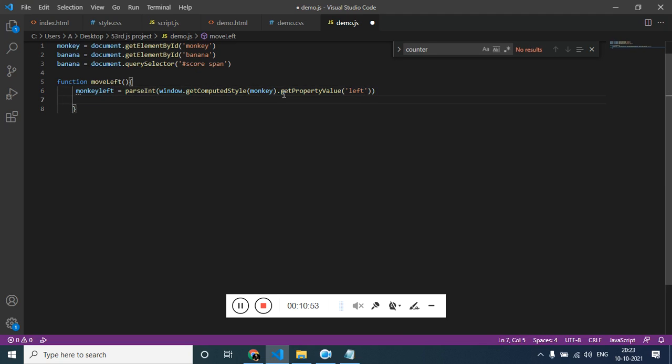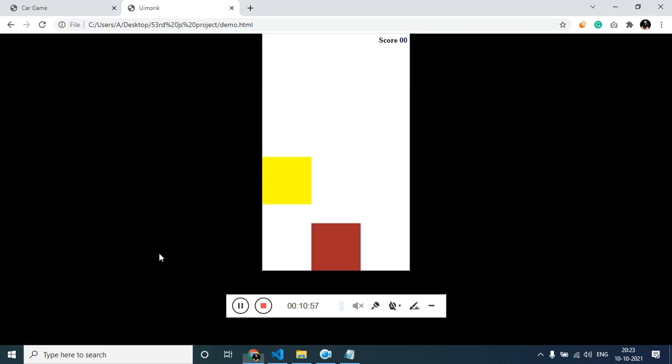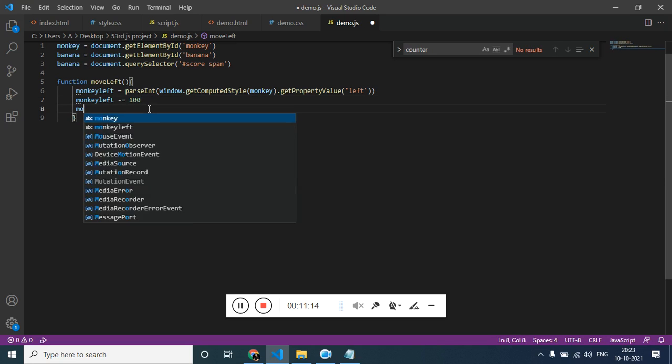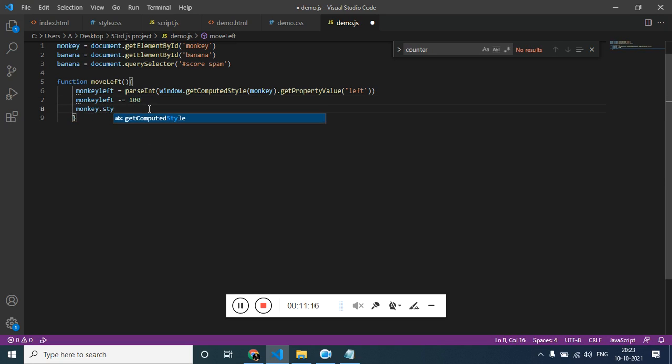Now what we would be getting is the value of 100. If you remember, we have given left of 100, so we will be getting 100. So now what I need is to get the 100, and I want it to move to the left, so minus equal to 100, and then assign the value monkey.style.left equal to, and we need to pass it in this format.